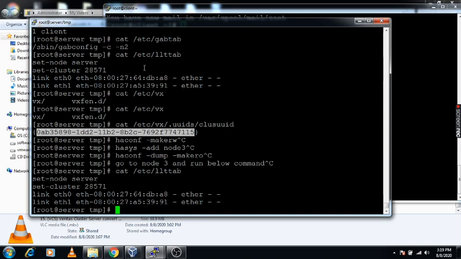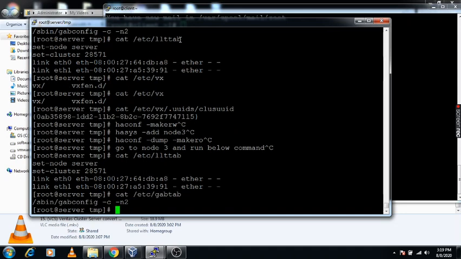Then the same with gabtab. You can check whether n3 is added or not. You need to add it if it is not there. Then you need to use hastart. You need to start HA on node 3.